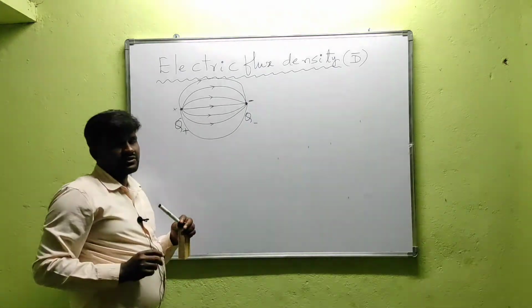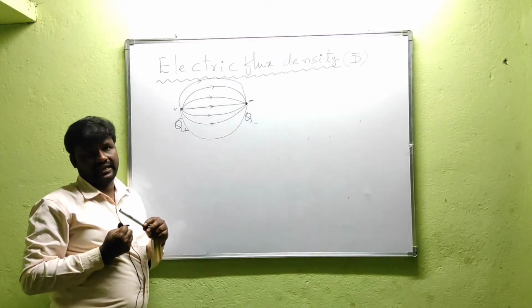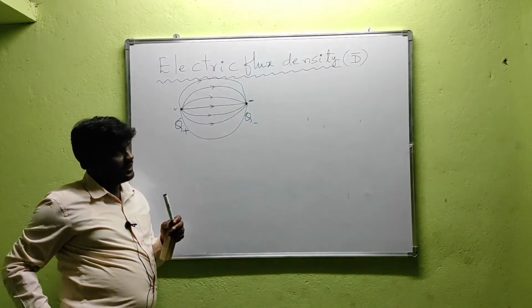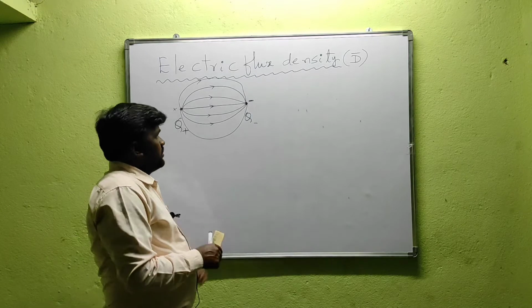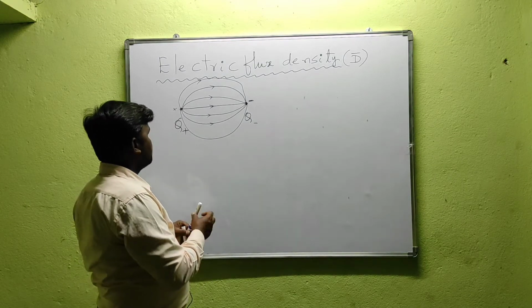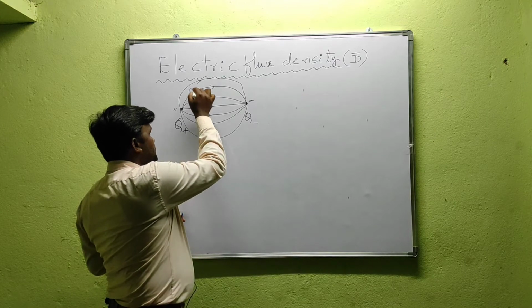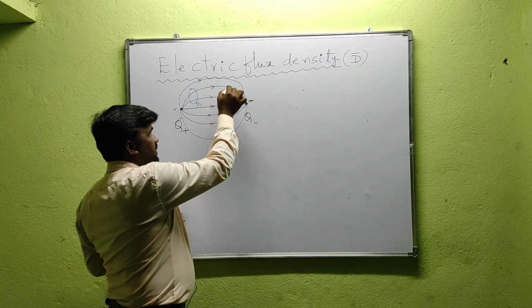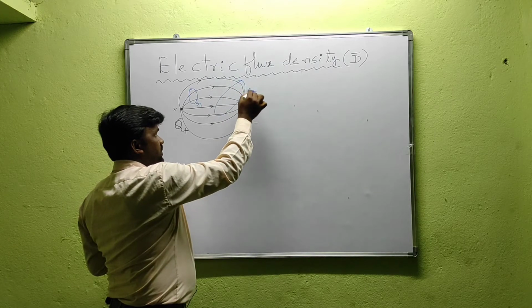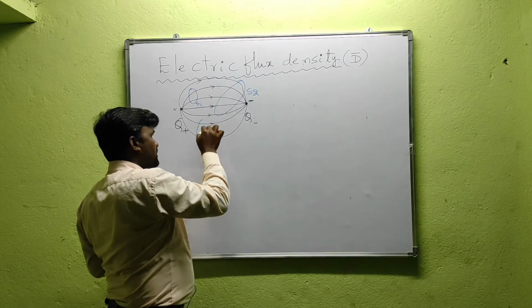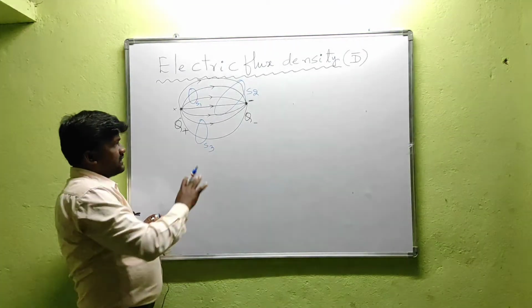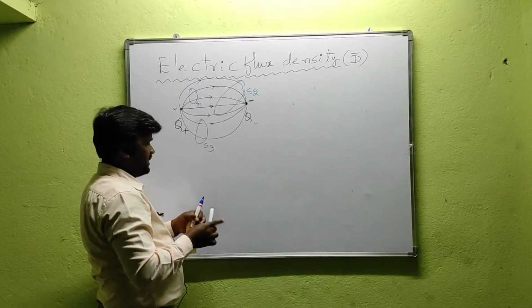Electric flux density means what? Flux per unit surface area. Flux density means flux per unit surface area. So let us consider an area S1 like this, and here an area S2 like this, and another area S3 like this. Now the flux lines crossing this surface area S3